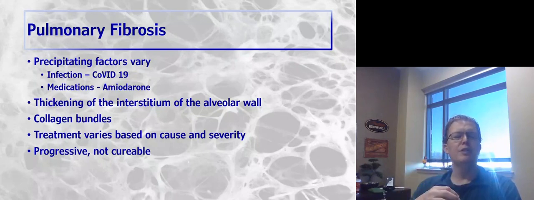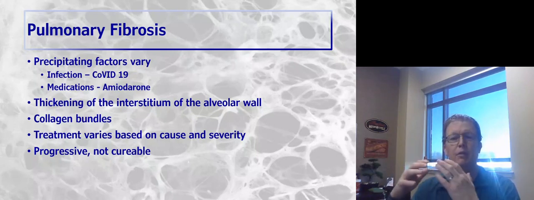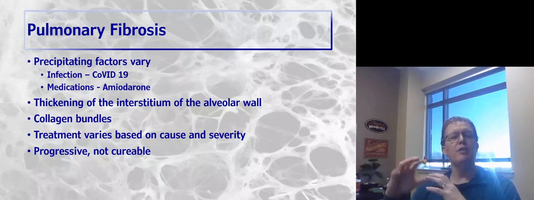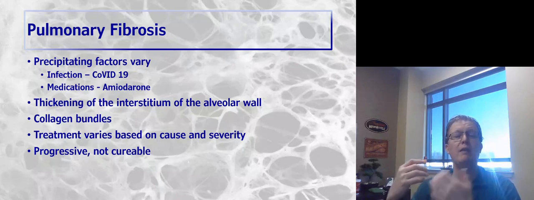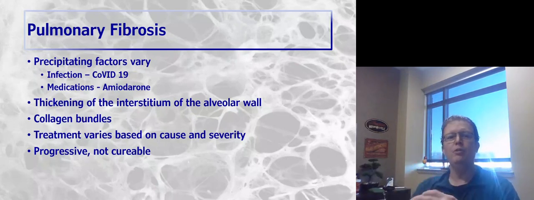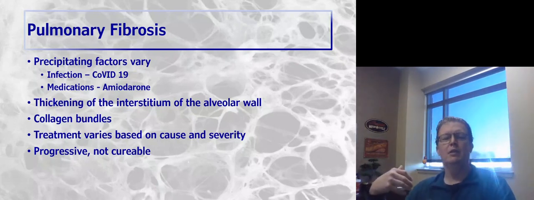So pulmonary fibrosis is essentially a thickening of that rigid connective tissue in the interstitial layers around the alveolar wall. That, again, imagine more studs in the wall makes it more thick. And collagen bundles also form here, which contribute to that thickness. So we have a disproportion of fibrin and collagen to elastin. Remember me saying just a moment ago, they need to stay in balance. So we have this disproportion of fibrin, more of it, more collagen, and less